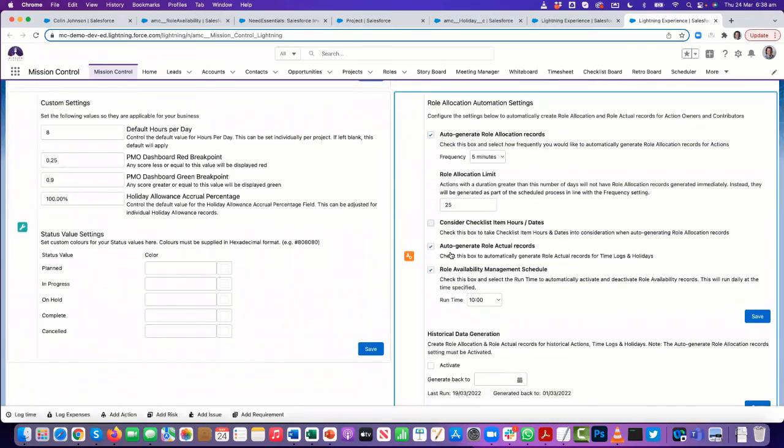Auto generate role actuals again, so that when I'm creating a time log or when I'm creating a holiday, it will automatically create a role actual, a record in the role actual object for me as well. And then this one is going back to the role availability page, where we are,